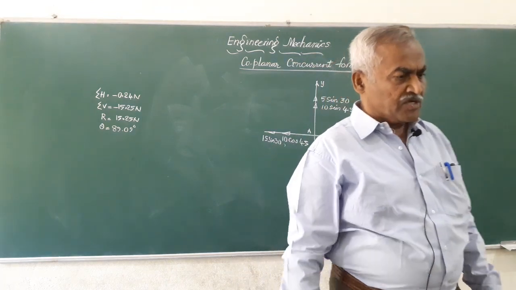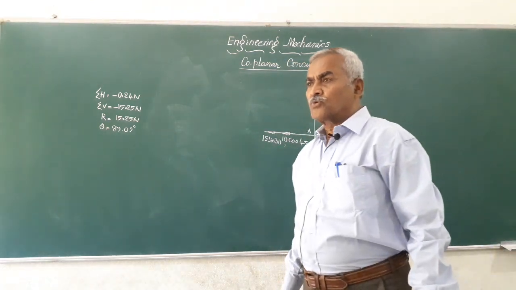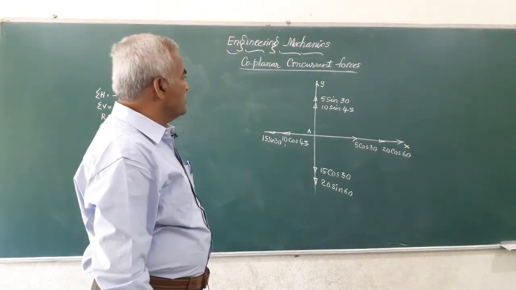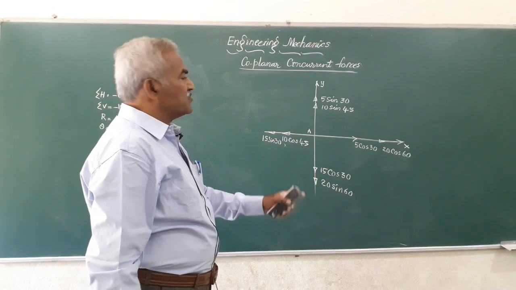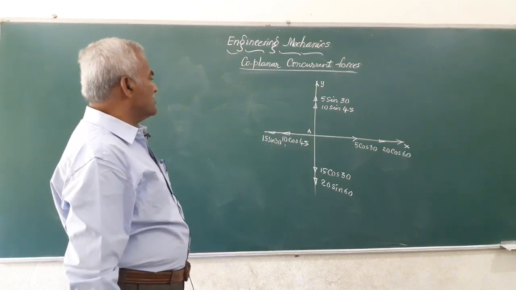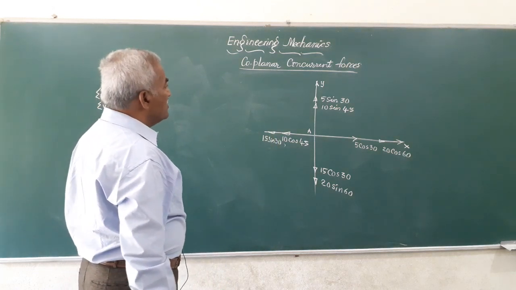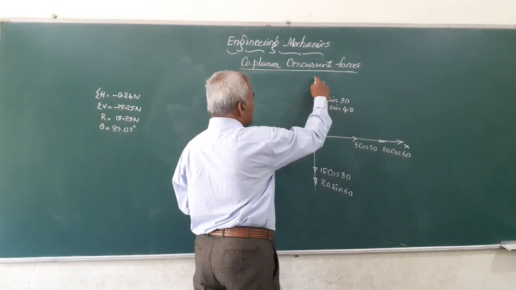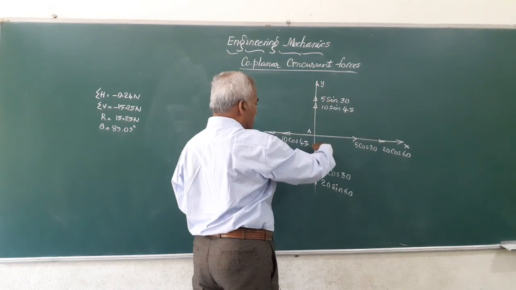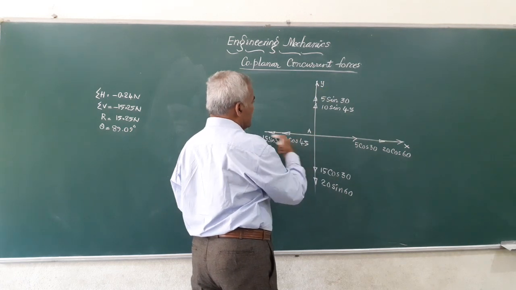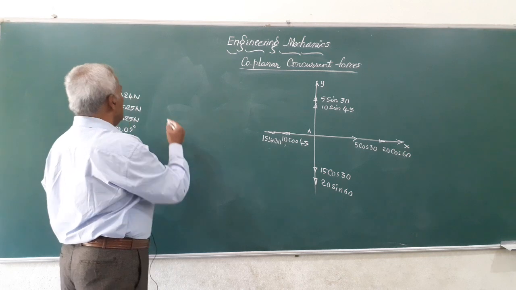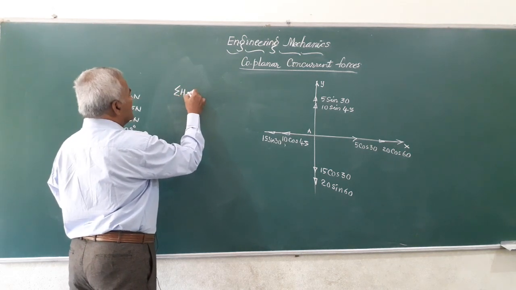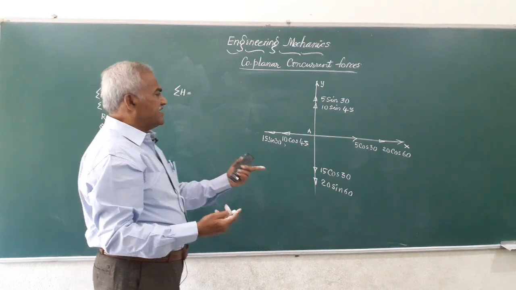Friends, here to find out the resultant, we should know what is the algebraic sum of the horizontal forces, and also the vertical forces. Friends, now I will take this x axis as positive, y axis as positive, any force acting downward along this y as negative and this as negative. So, I will write down here the algebraic sum of all the horizontal forces, you can just write down one by one.